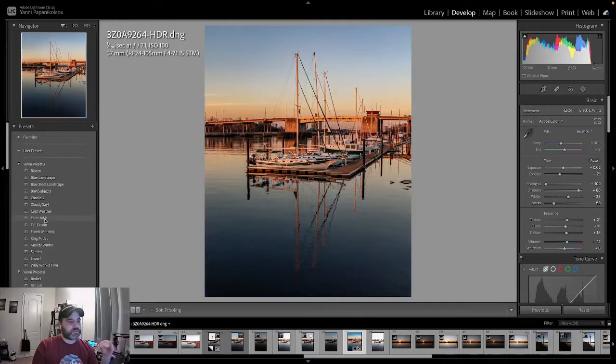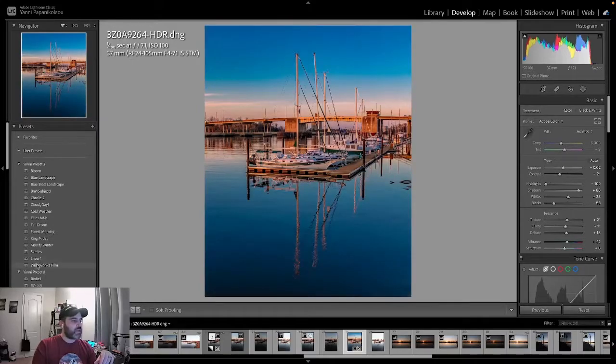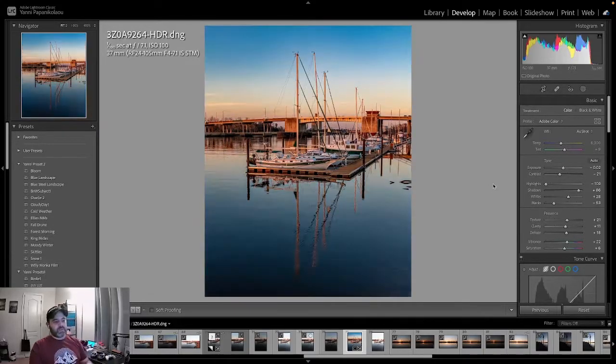Ellie's M&Ms. Fall drone. This is for the drone foliage during the fall. Fantastic way to do it. Forest morning. King Midas. Moody winter. Skittles. Snow. Willy Wonka, and you have so many new presets that you can play with. You have so many cool things,